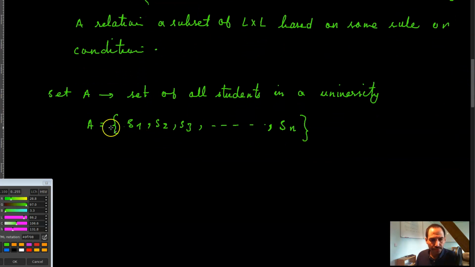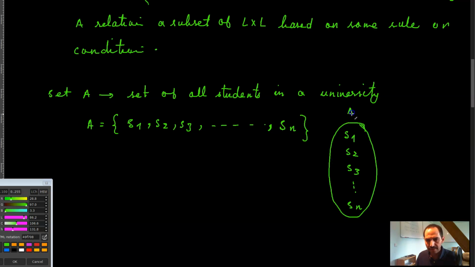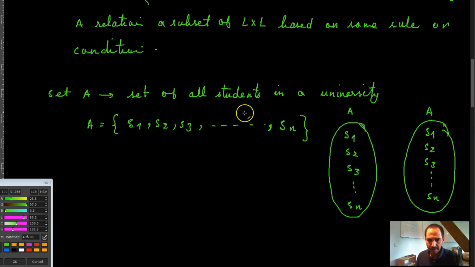Now, in this case, the Cartesian product of A and A would be, if you imagine that you have this set over here, meaning that you have S of 1, S of 2, S of 3, all the way up to S of n, that is the set A. And again, if you have S of 1, S of 2, S of 3, all the way up to S of n, that is again the set A. Now the Cartesian product of the set A and A is basically